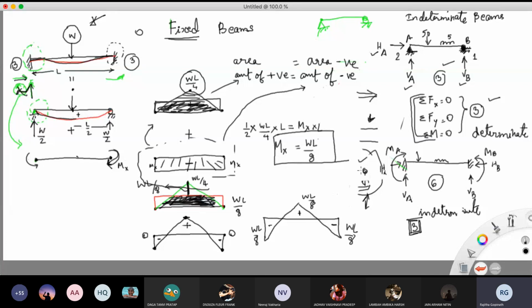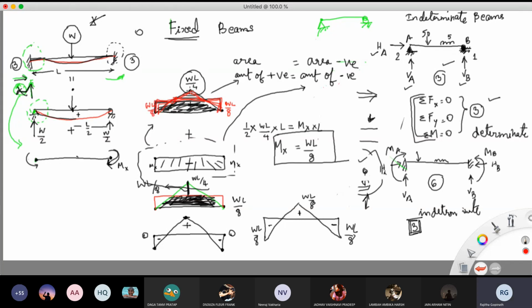That I'll do in some color. Yeah, so after I overlay it, this much is the only portion that is left, right? Now, अभी मुझे ये मालूम है, I want to quantify it. मुझे ये पता चल गया, this is mx and mx का value is WL by 8. So this line is WL by 8. This throughout, this line coming till here is WL by 8.